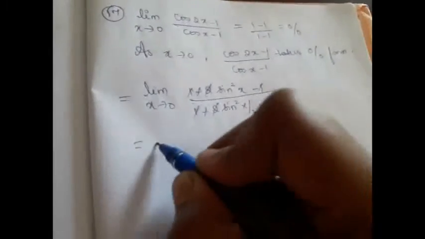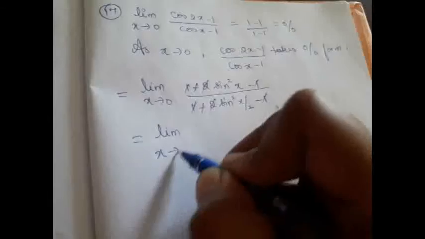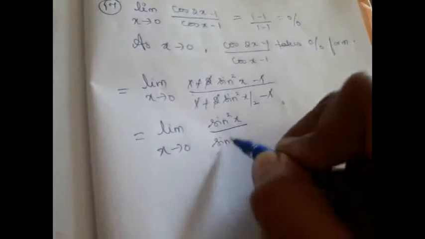So plus 1 minus 1 will get cancelled. So we will end up with minus 2 sine square x divided by minus 2 sine square x by 2. So this minus also will get cancelled. 2 will get cancelled. After cancelling one only, we ended up with a single term, then only we were allowed to cancel this minus and 2. Okay. So we got limit x tends to 0, sine square x divided by sine square x by 2.